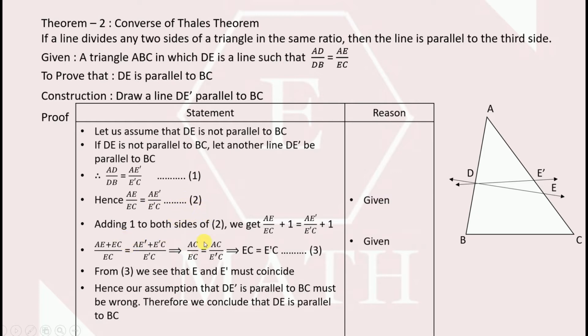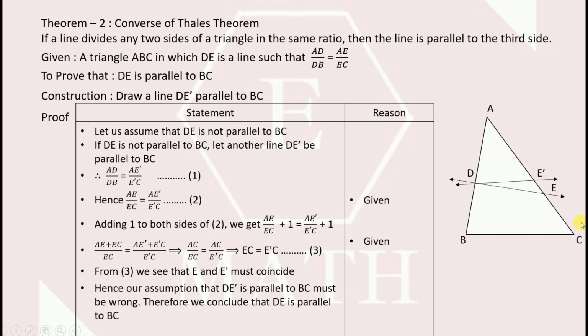Now adding 1 to both sides of equation 2, what we get is AE by EC plus 1 equals AE dash by E dash C plus 1. Now taking the LCM and simplifying, we get AE by EC, that will be equal to AE dash plus E dash C divided by E dash C, which implies that according to the diagram, if you carefully look into it,